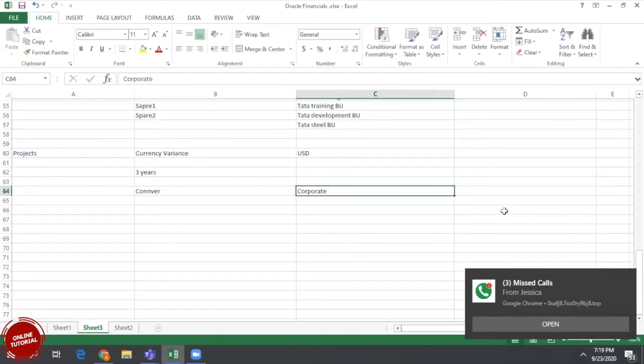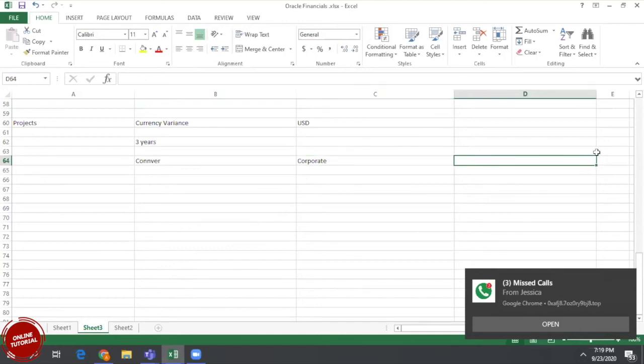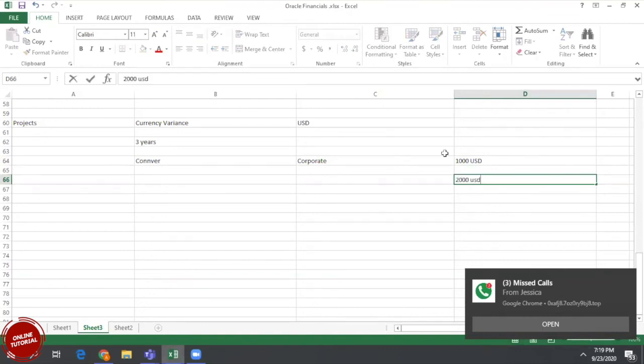Let's take one example. For example, 1000 USD, incurred in one month, and maybe 2000 USD incurred in another month. The conversion rate to INR might be 75 on one day, but on the other day it is 90, just assume. So there are two different currency conversions. Converted, this amount will be 75,000 and this amount will be 1,80,000. The total amount is